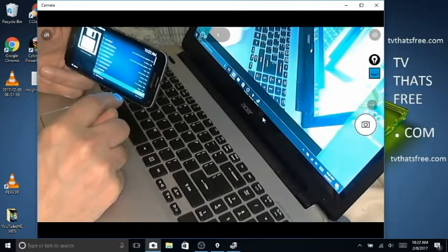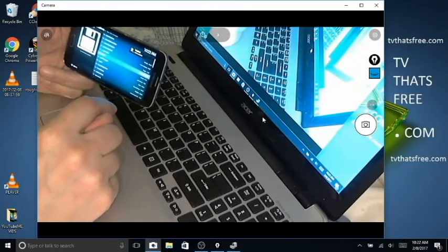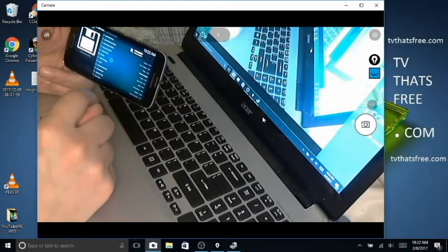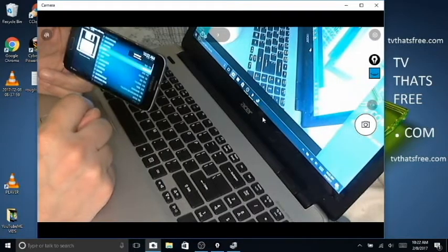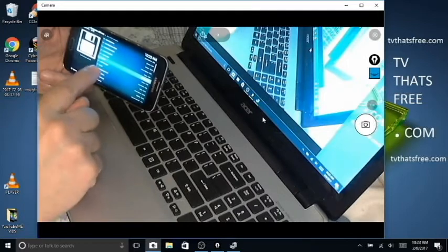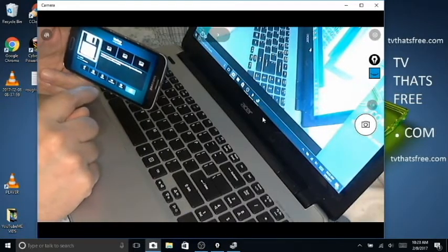On your screen you'll see it a bit more if you're following along here. I know this screen is not coming out so great in the camera, but if you follow along with what I'm saying on your device, you'll see exactly what's on the screen quite clearly. So at the moment we're installing the backup, which only takes a few seconds, and it is installed and added there now. So while it's highlighted still, we'll click it again for it to pop up on screen, and we will say